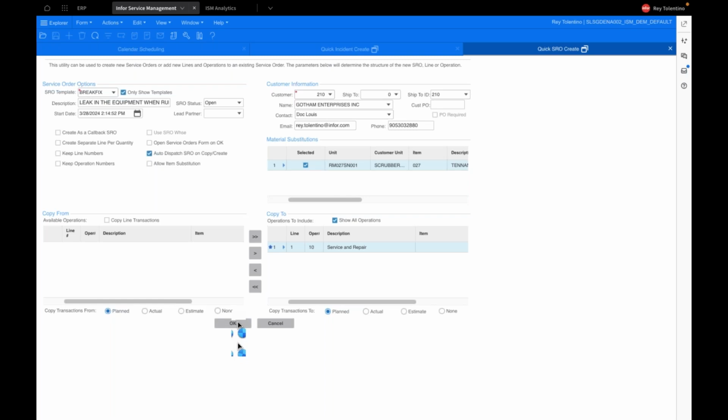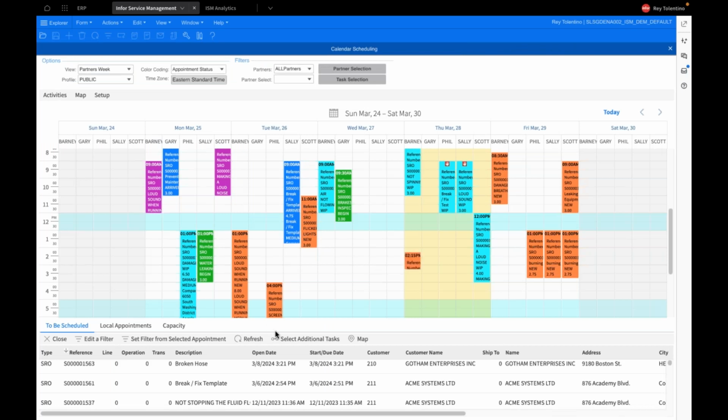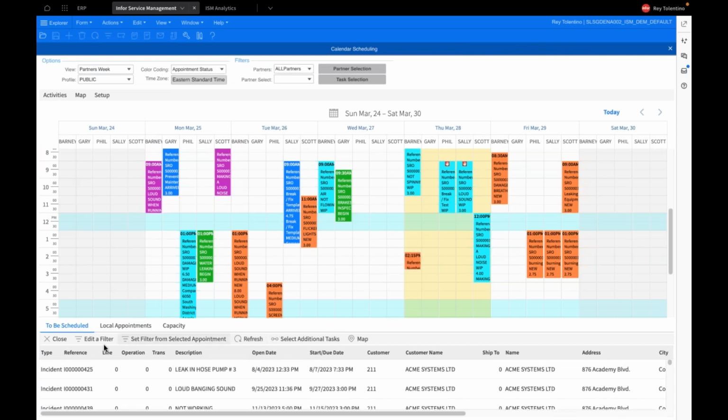it'll now go ahead and add that into the scheduling calendar. The system will take me back into the scheduling calendar now. And if I look at the bottom of the screen here, as I refresh it, you can now see the information related to the order that was created, and then of course be able to bring it out into the system. What I can do now as a service manager is when the time is right, I